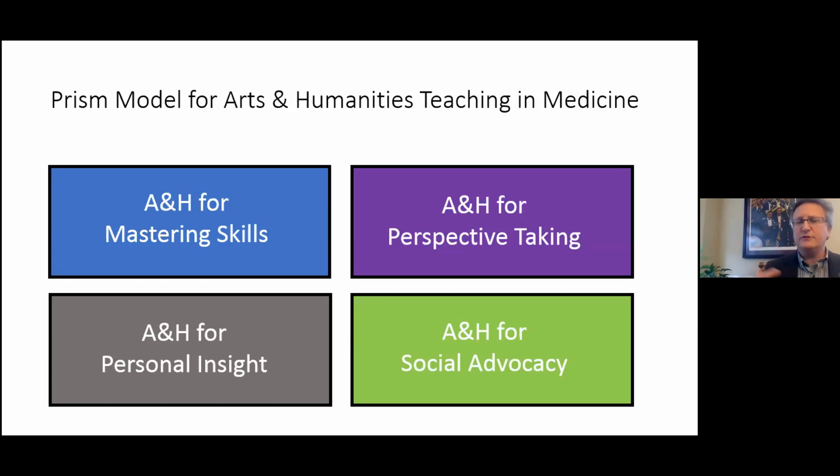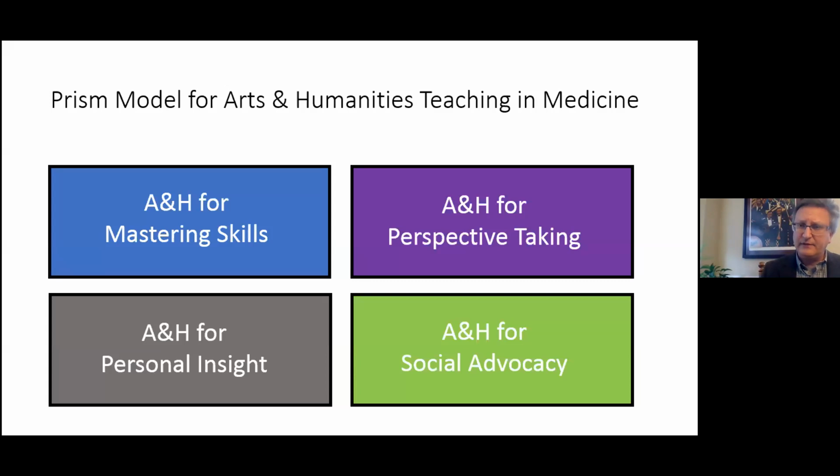Being used to create personal insight related to professional identity formation and others. And being used to create social advocacy, to activate learners, to help them understand the underlying cultural values that are